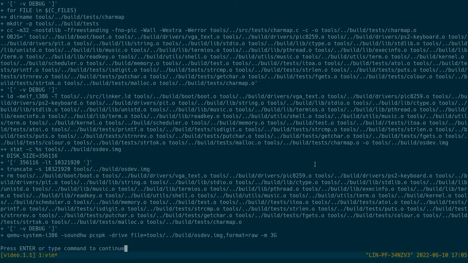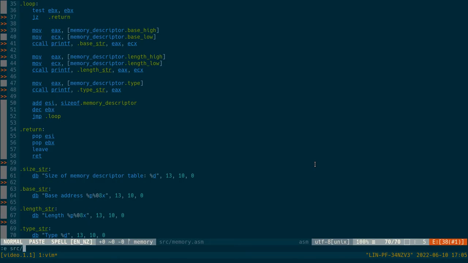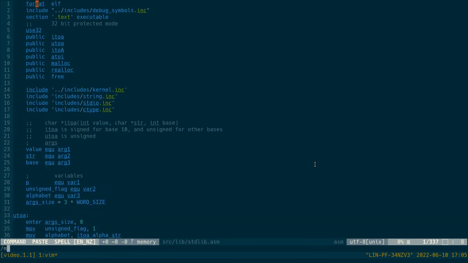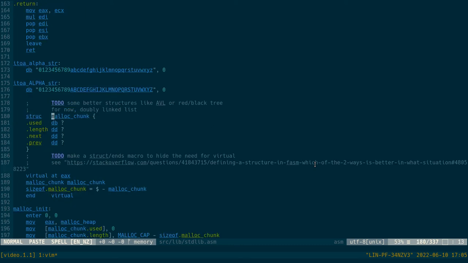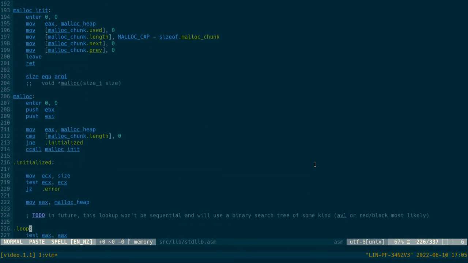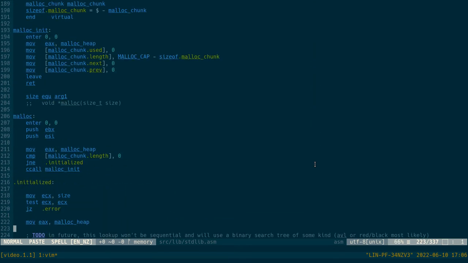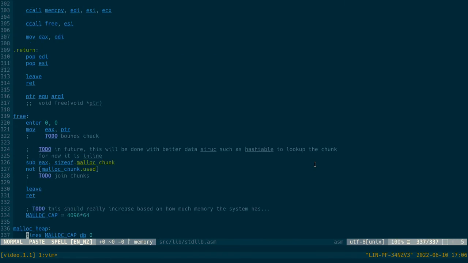But yeah, so what we want to do is, if we look up stdlib, I think that has malloc. So malloc is a custom implementation on top of it, and when we initialize it, we basically just get this malloc heap, which is basically this big. So in this video, I want to go through and get rid of all the stuff that has